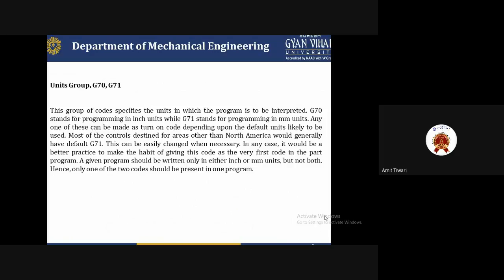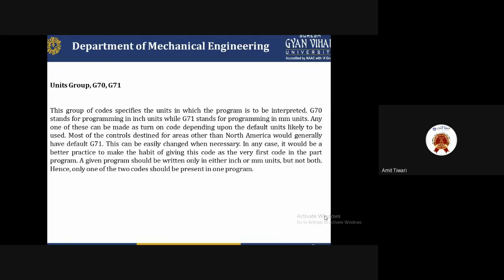How you can operate this, how you can change this, so these are the reasons. You do not need to change the unit of this particular dimension again and again when you want to make the tool. For that you just have to select mm one time, and you can change it as per your requirement.